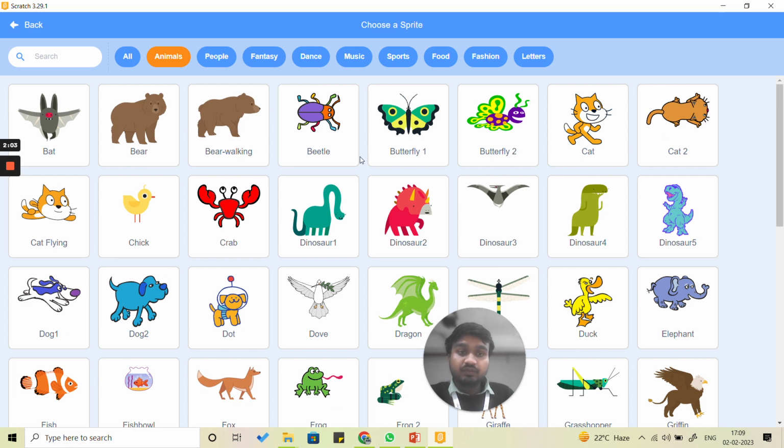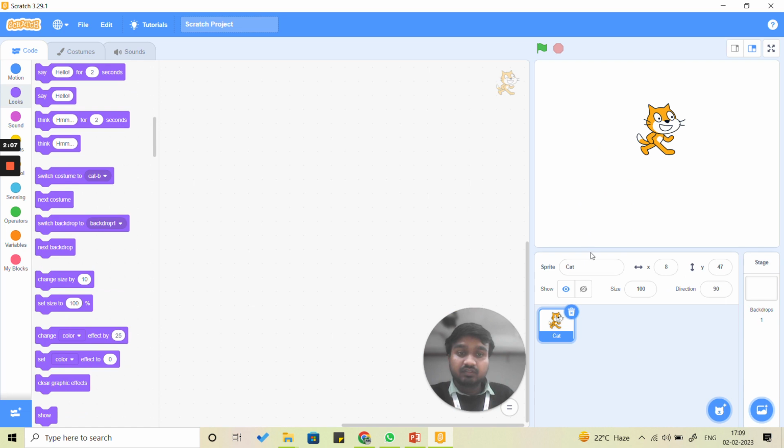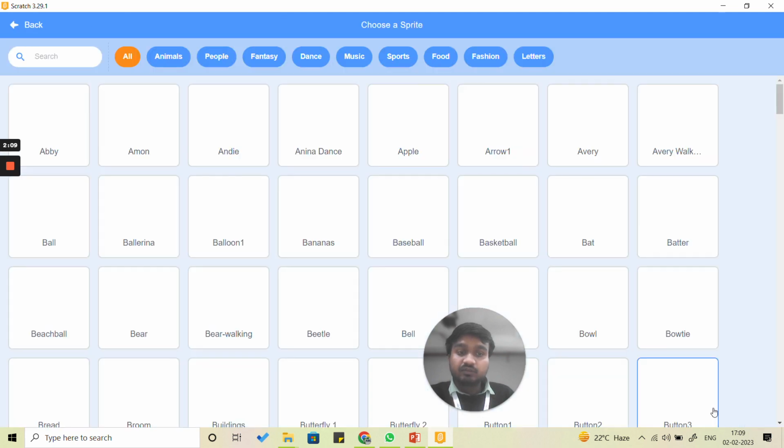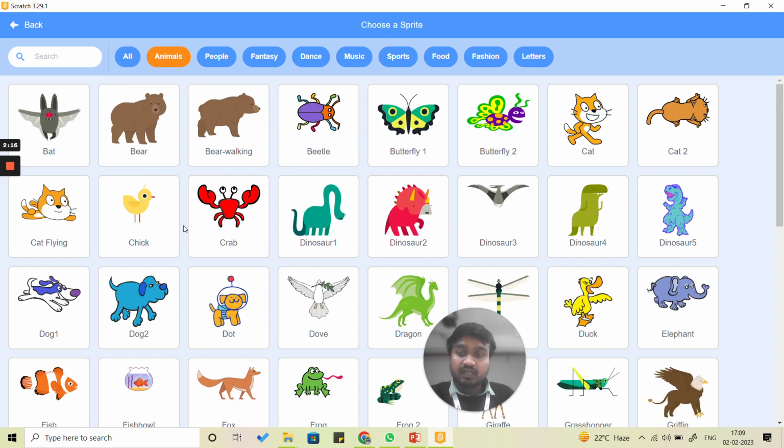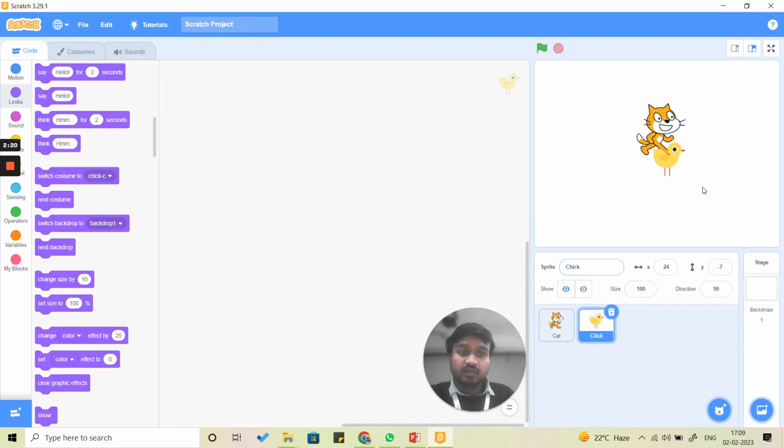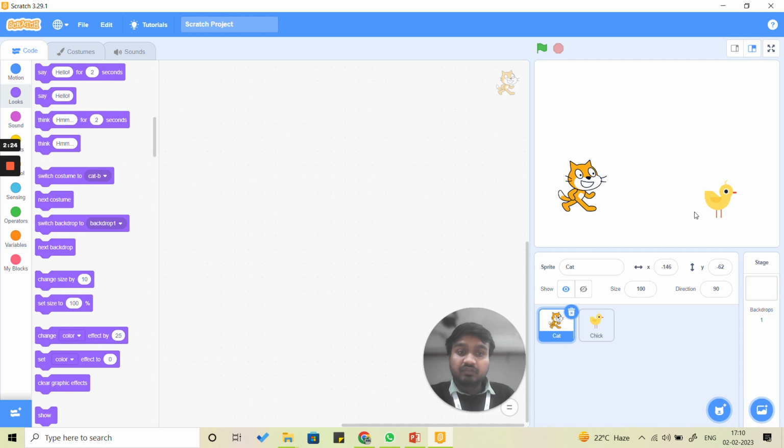So here you will see we have a cat. We click on this, and to choose another sprite we follow the same steps. We click on animals and we click on this bird. Okay, just a check. All right, so we have our two sprites here. Now